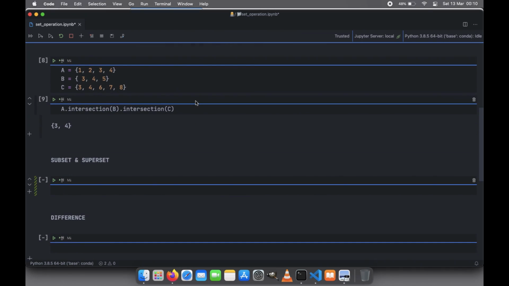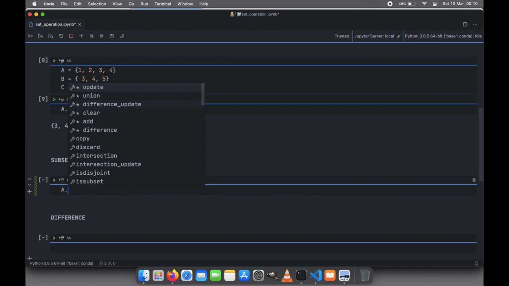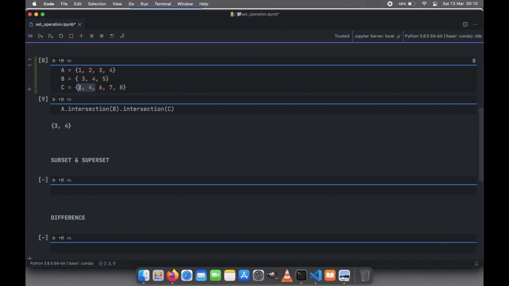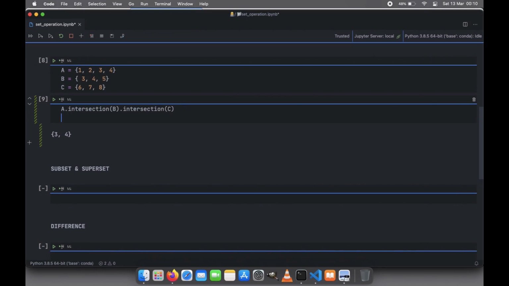So what about subset and superset? So in Python, you can validate whether one more thing with this actually. As it was in the previous section, we can simply verify whether